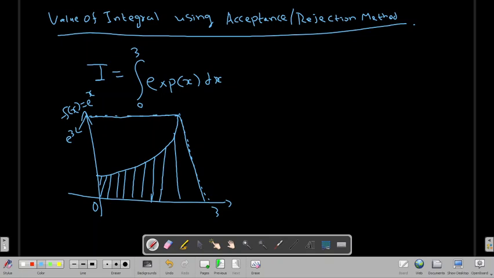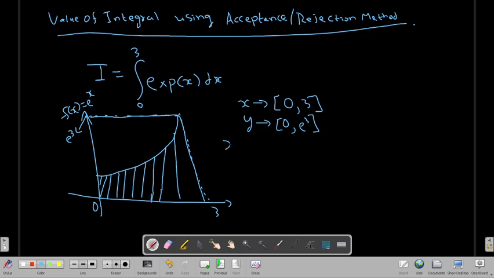So I have a rectangle, and the dimensions of the rectangle on the x-axis go from 0 to 3, and on the y-axis from 0 to e to the power 3. So what I will do is generate a pair of random numbers.